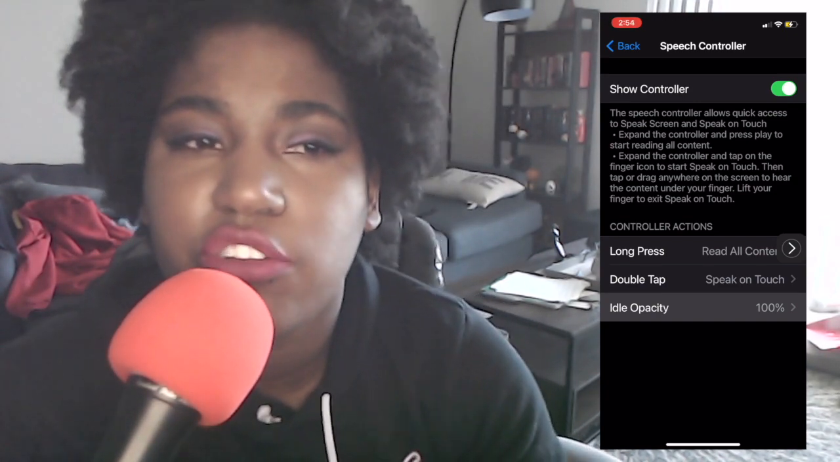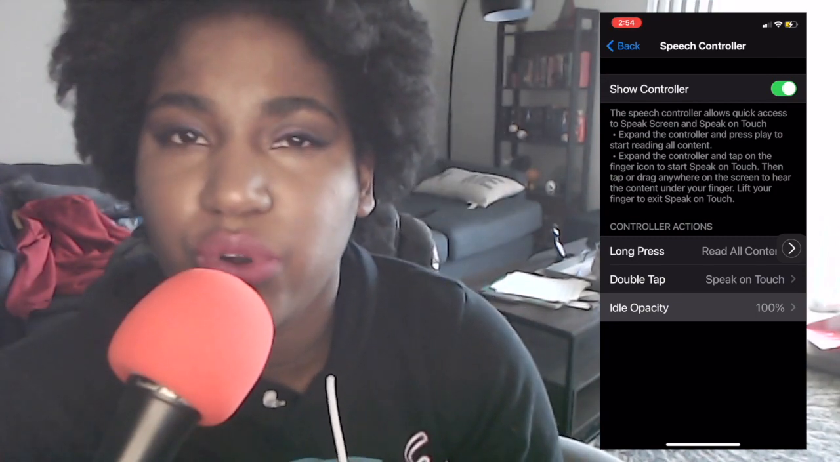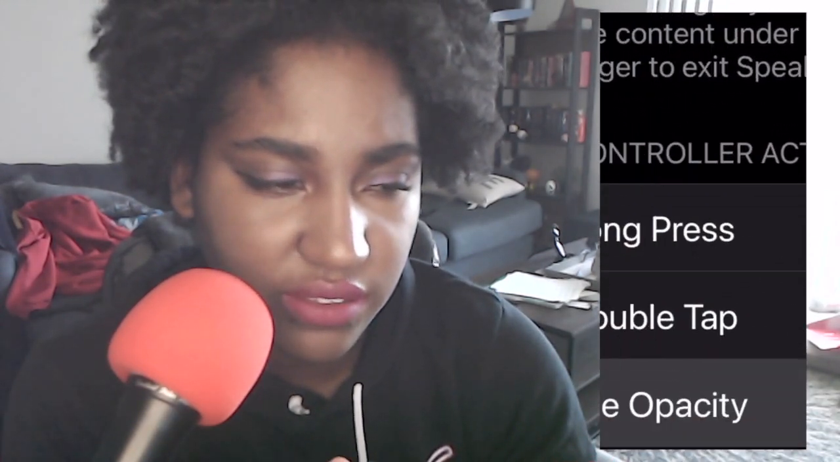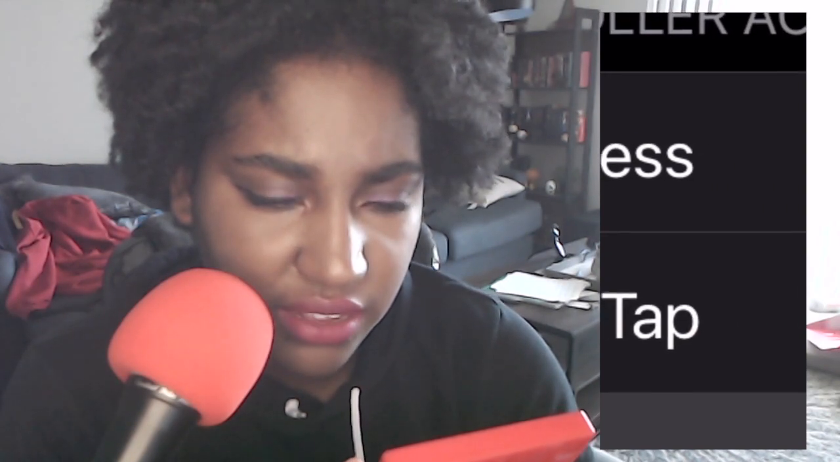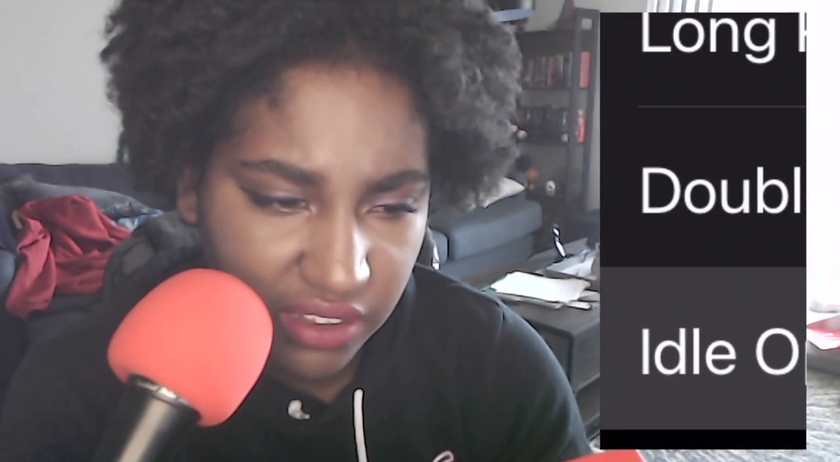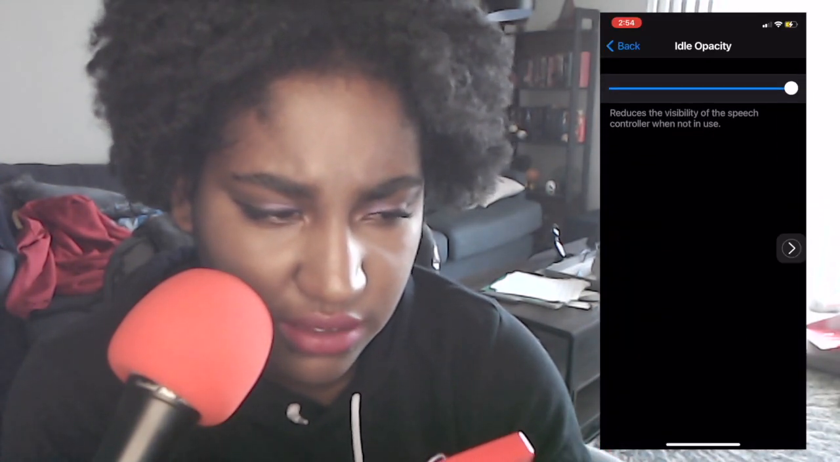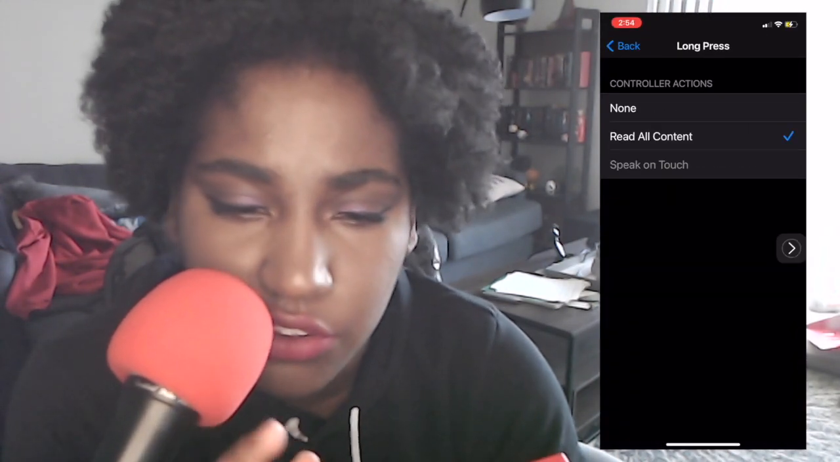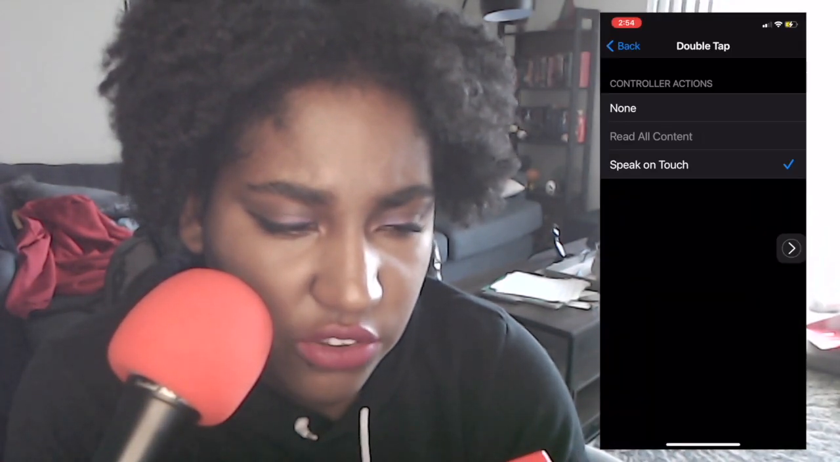So you can control the settings for this little controller and what it does when you tap on it. So, for example, a long press, meaning you hold down on it, a double tap on it does something else. So let's say long press. My long press is currently set to read all content. So read the whole screen just like the swipe down does. That's what my long press is currently set to do. And then I have my double tap set to